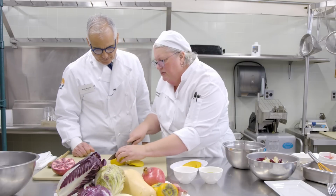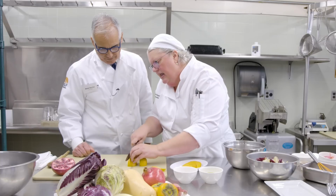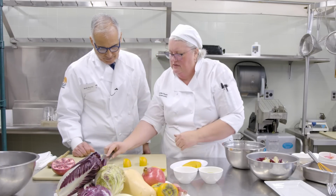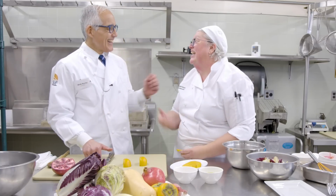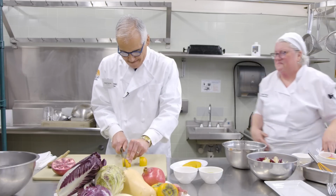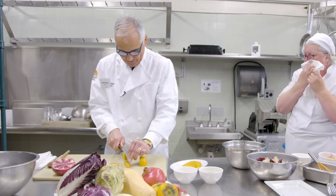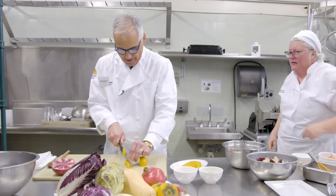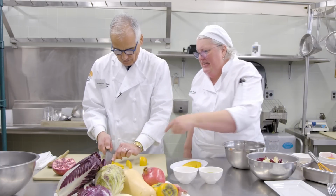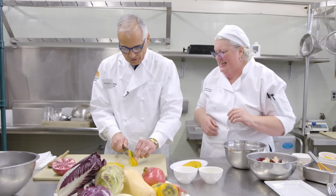So all I'm going to do is cut it in half so it's easy for you, and stand it on the side, and you're just going to do those little thin slices again. I don't expect it to be super thin, but do your best. That is thin. That is thin. It's like I'm a trained professional, right? Alrighty. And you know what? This is getting skinny, so I'll have you move on to that one. Well, my chubby fingers are...